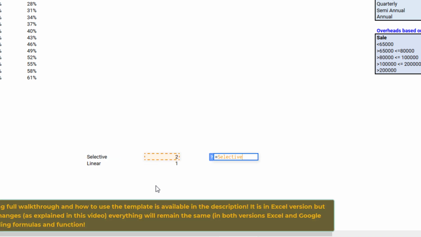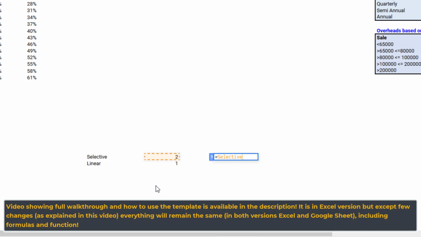Here I'm not referencing that particular value or cell E52 directly. I'm referencing the word selective, which is text. So if you change this value, and let's wait a minute, because Google Sheet calculation takes a while, you see the value has changed to 5. But I didn't input the number 5 directly here, or reference the E52 cell. Still, whatever reference I have given here, because the named range is selective, the value is coming here automatically. So let's change back to 2.